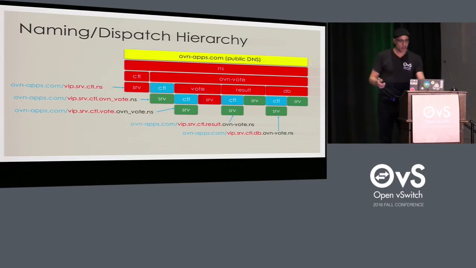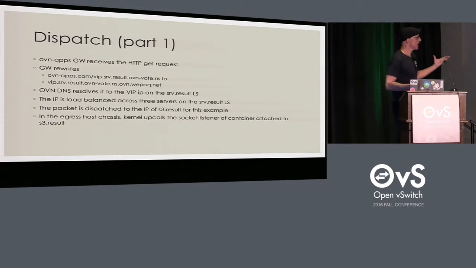The key thing here is that we're going to make a call from our browser, conceptually, to the result of the OVN app. So the OVN vote app: you're voting, you want to know how Hillary's doing, and let's say they're all doing it through this app. You invoke a GET on that endpoint somehow, and what you get back is something that will say Hillary X, Hillary Y. So how does that happen?